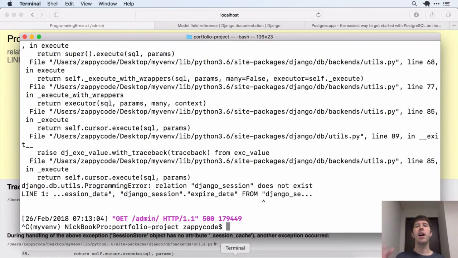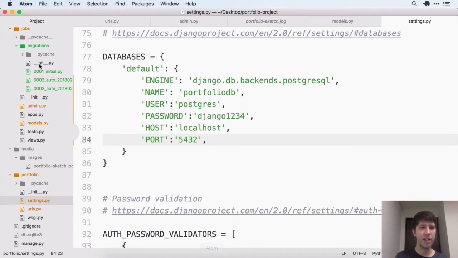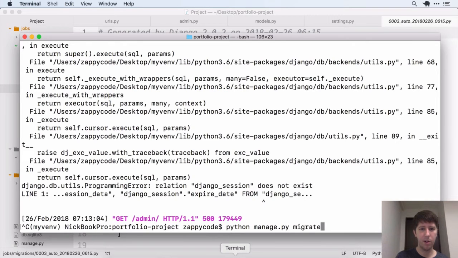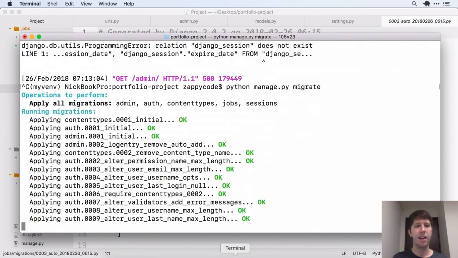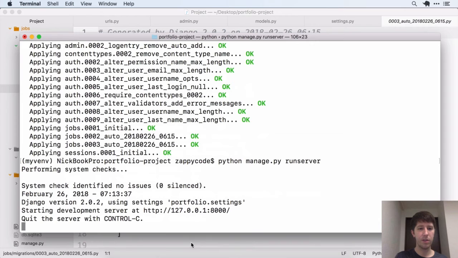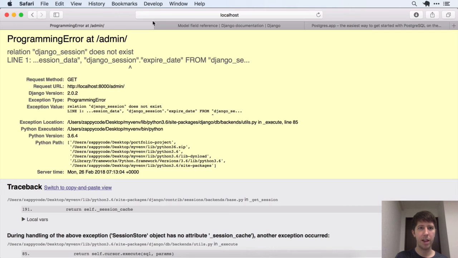Remember, the way to migrate is just say python manage.py migrate. We don't have to make any migrations because we haven't added anything new. There are already these migrations in our code that we've created. So we're just going to say migrate, and boom, this is where it does all of our stuff. And now that we have this in place, let's run the server, and we'll come back to our site and